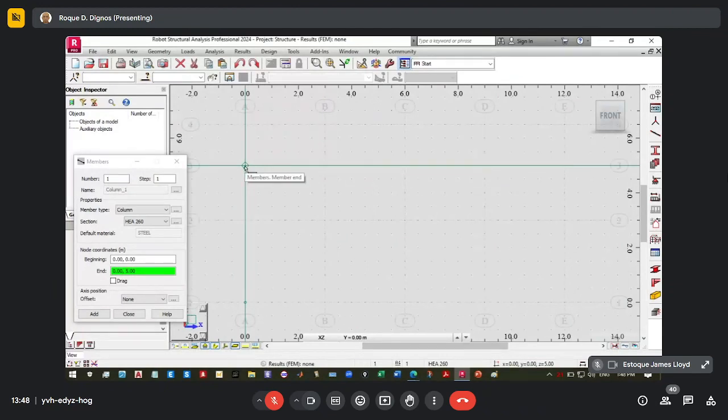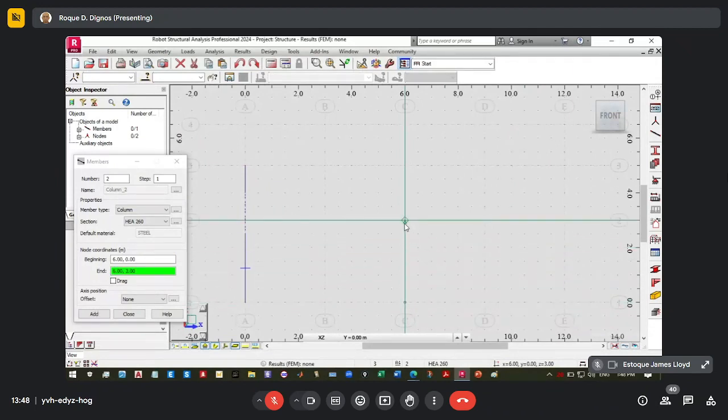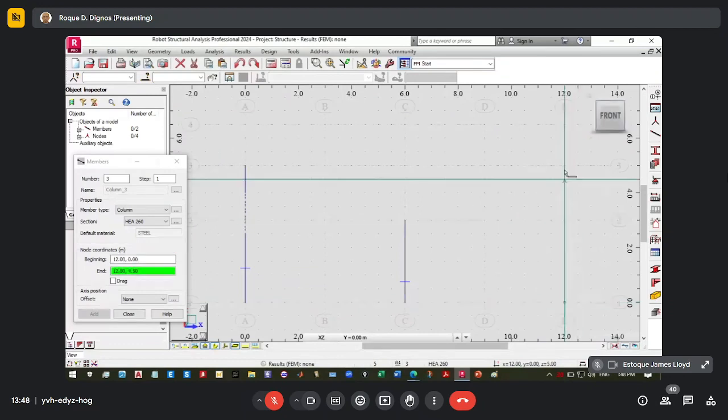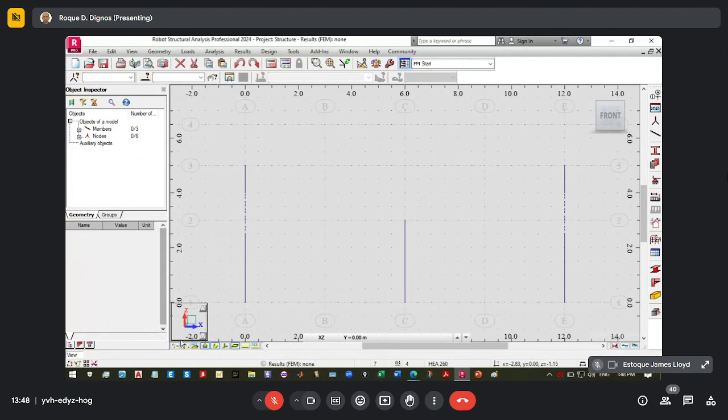You can see there z is 5, x 0, and y 0. So you click that one. And then the middle one is until here, and the last one is until here. And you can close that one, and we can see the section shape.